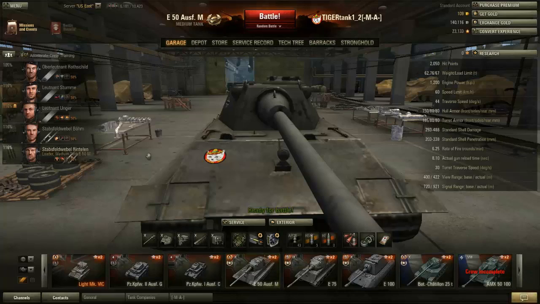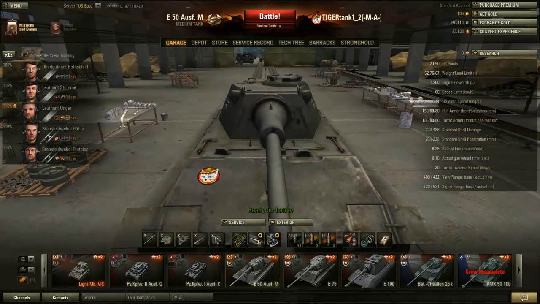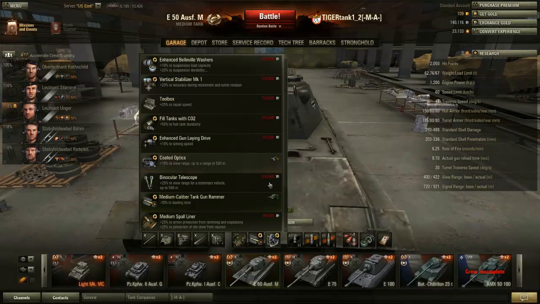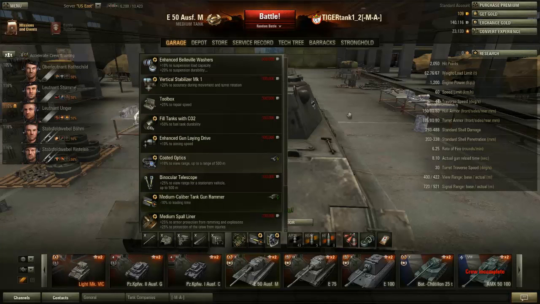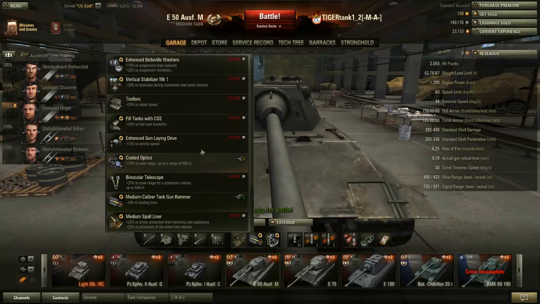And if you have an amazing crew and this amazing tank, you of course need great equipment. I decided to go with medium caliber tank gun rammer, vents, since I like my crew to be top notch, and a camouflage net. Actually, the camouflage net I just put on because I did not have enough money for anything else. If you don't go for the camouflage net, you could go for enhanced gun laying drive, since this tank has really good aiming time, you don't really need it, but that's of course not a bad